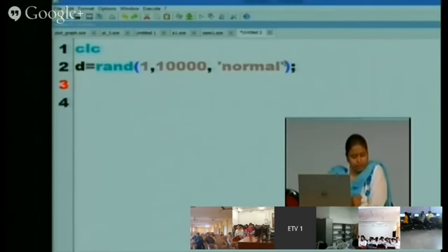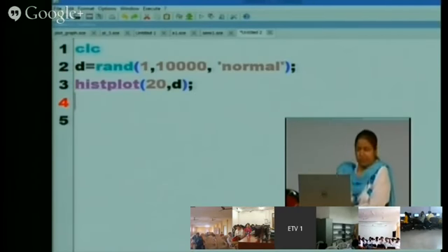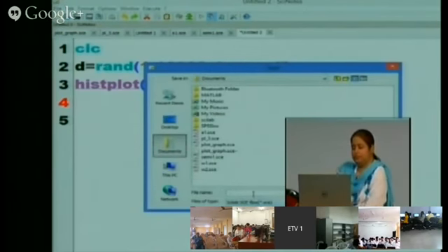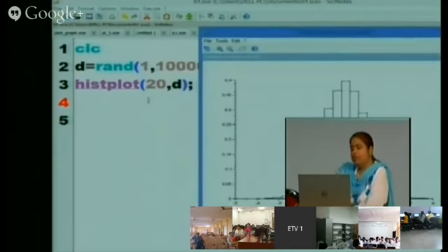Next is the hist plot. For the plotting of the histogram, you are using the keyword hist plot 20, D. This is the way histogram is being created.